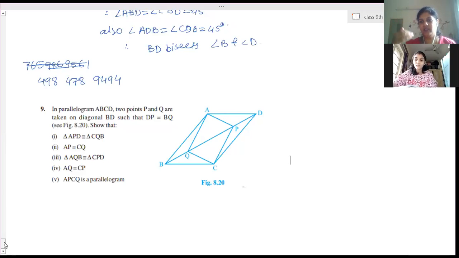So what have you done in those 3 steps? 3 congruencies you have proved. Why have you proved 3 congruencies? To show 3 things equal. So what are those 3 things? And which triangle congruency? Opposite triangle, adjacent triangle, big triangle congruency proved. Write down that much. Then you will understand. Now we can see the video.